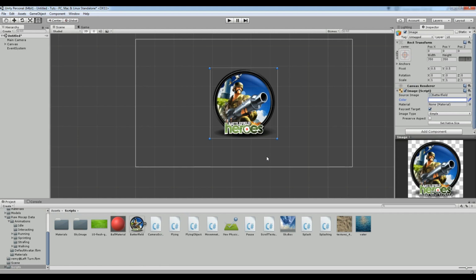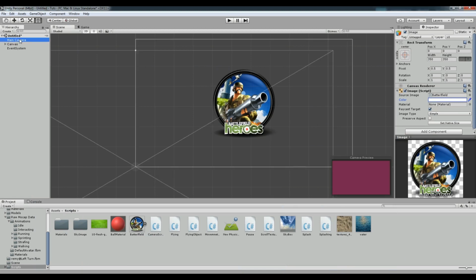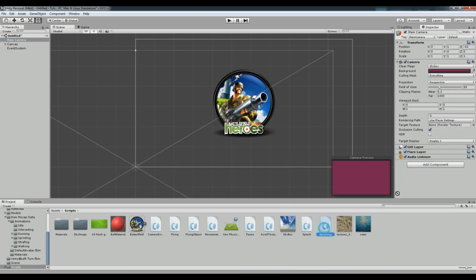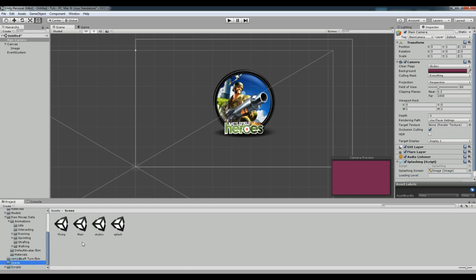Now open your Unity engine, choose your main camera. Let me check that I have saved it. Yes. Choose your main camera and add this splashing in here. Okay, now you can see that we have a splashing screen and loading level. For the splashing screen, you give the image, this image, and for the level, because from the previous videos I have a skybox, I'm loading this skybox. In here you can write skybox,